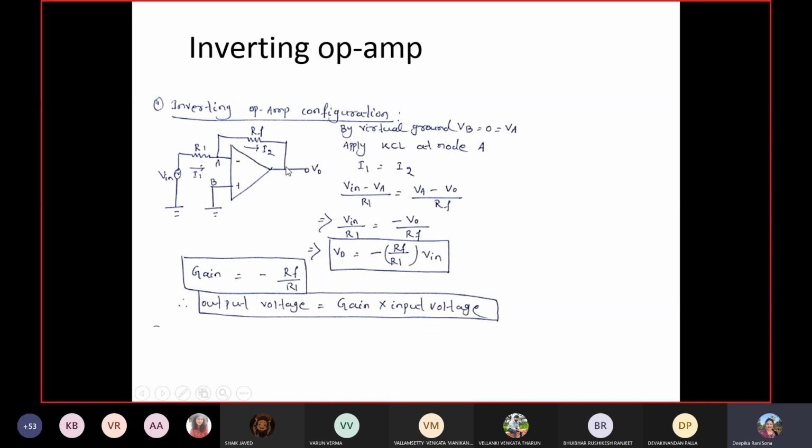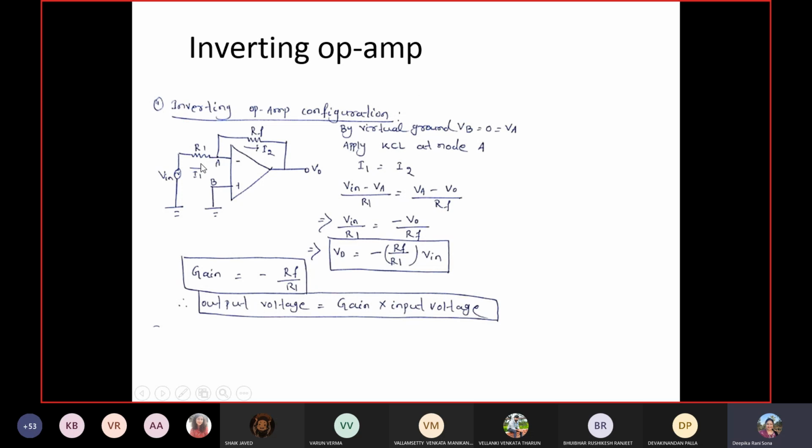Okay, then come, draw the circuit exactly like this. Inverting configuration means we have to apply the input voltage to the negative input terminal of the operational amplifier while the positive input is fully grounded. And connect the feedback resistor RF from V0 to the negative input side, and at the input of this negative input terminal, connect one more external input resistor, R1, to protect the circuit. R1 should be like this and RF should be placed here. So you have to draw like this.